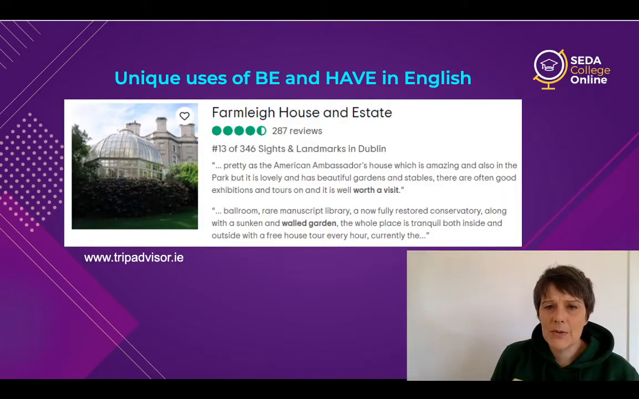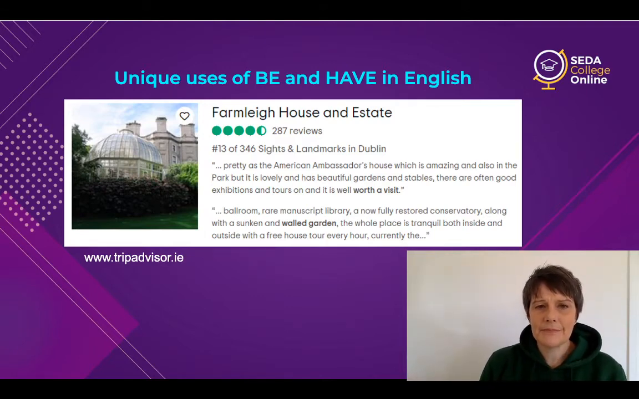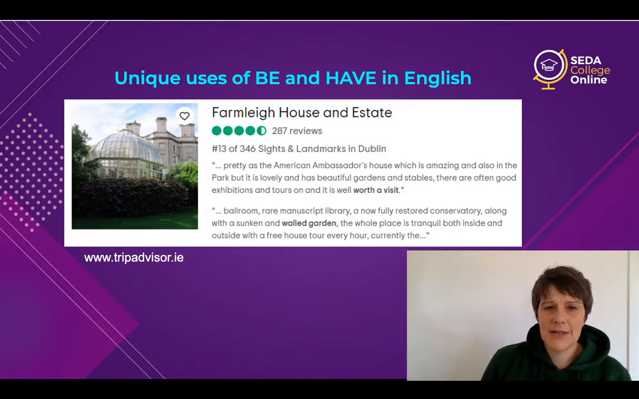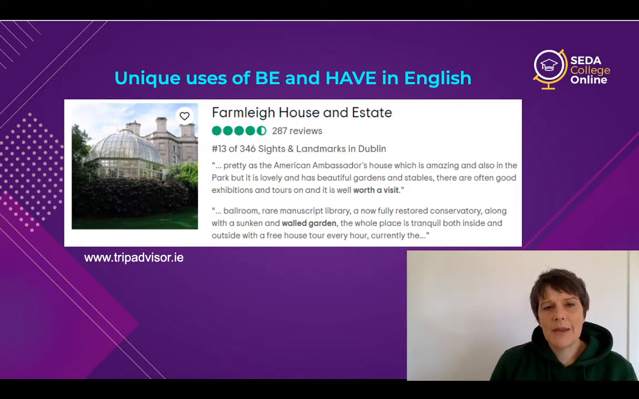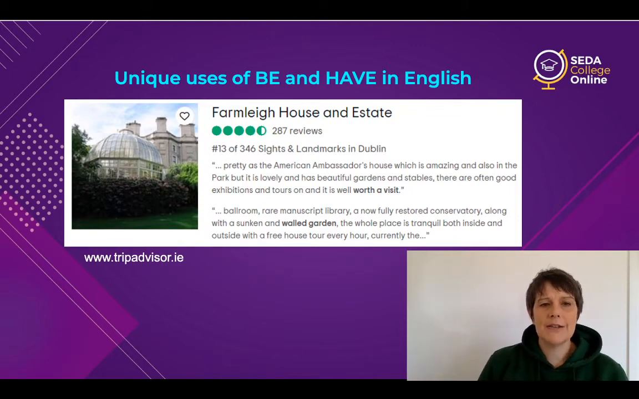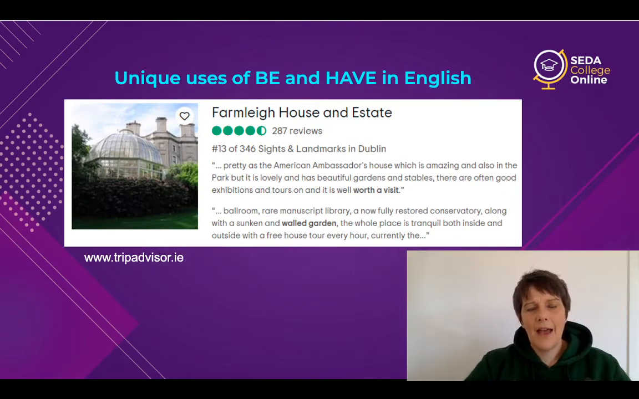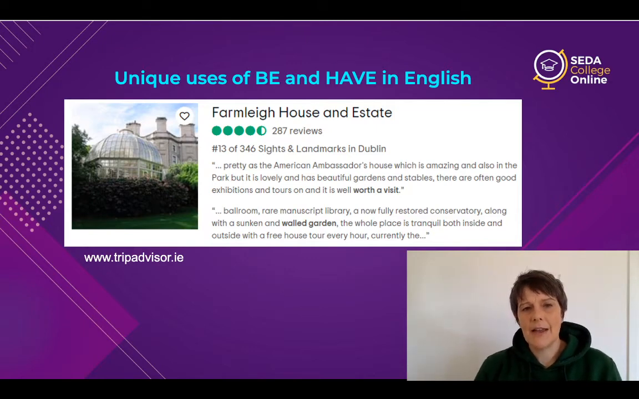And then Farmleigh House. It is amazing. So this is interesting because it's lovely and it has beautiful gardens and stables. So here is a have verb. And why? Well, because the house is amazing, and you can understand why the house might own the garden. So the house is the main element, and a part of the house is the garden. So the house has a garden,